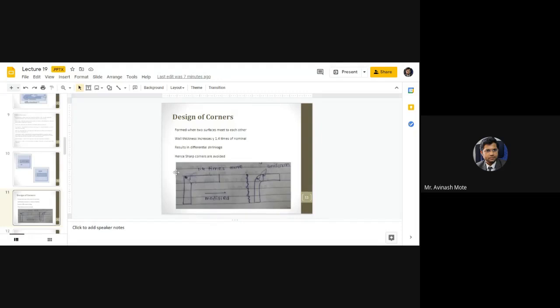So here exactly at this corner, this is a diagonal. Okay, so more wall thickness means here cooling rate will be different. Already, because of sharp corner, there is a possibility of stress concentration from the design point of view. Second, because of the more wall thickness, there is a change in cooling rate. Cooling rate at upper hand different, cooling rate at lower hand different, and cooling rate at cross section is different. So possibility of distortion. Okay, because the wall thickness is 1.4 times the nominal wall thickness.